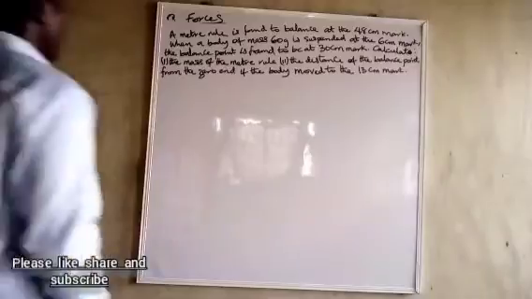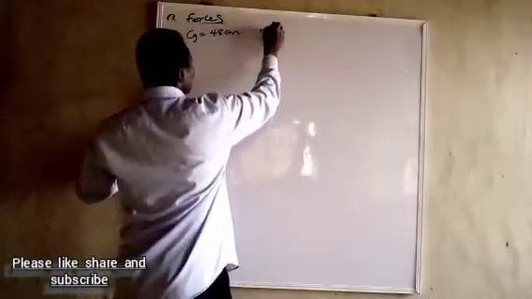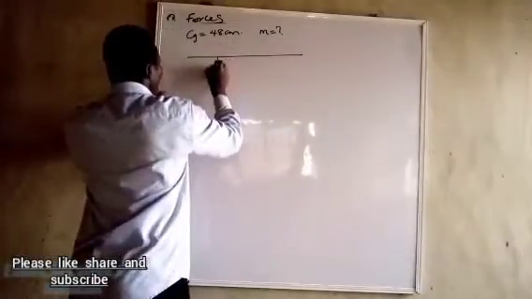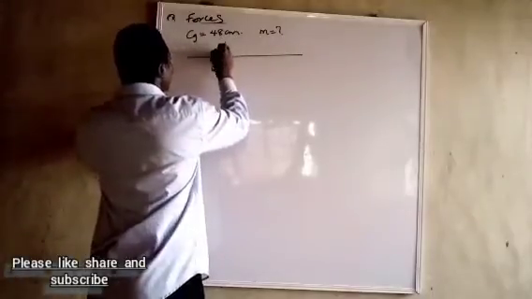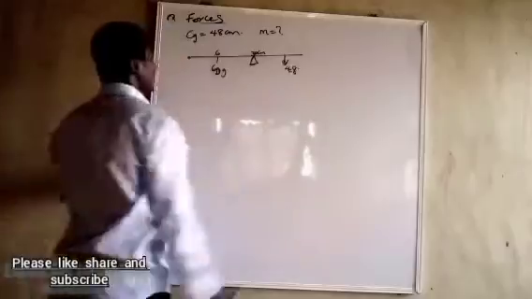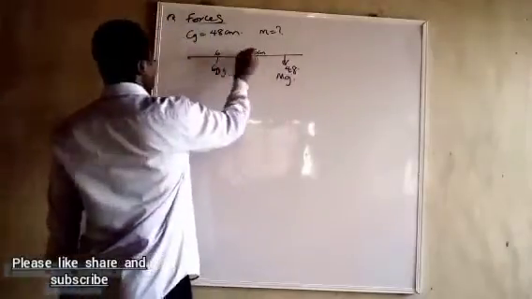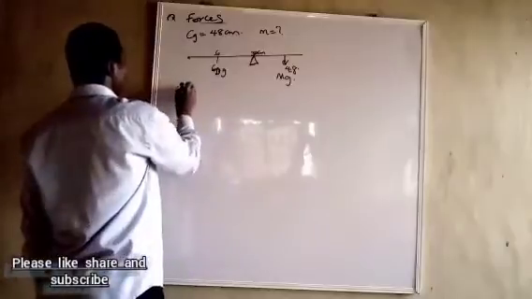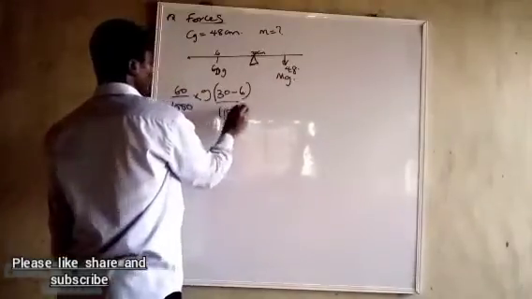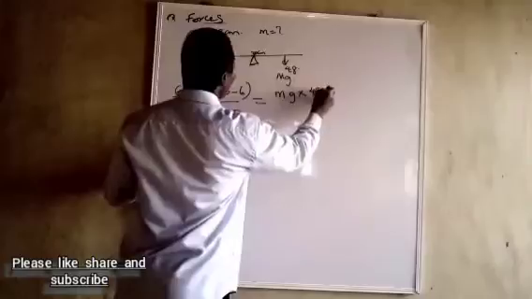So this is very simple. We are told that the center of gravity is at the 48 cm mark, and the mass we don't know. We are told that when 60 grams is at mark 6, it balances at the 30 cm mark. Now, from the principle of moments, to balance, clockwise moment will be equal to anti-clockwise moment. So this moment here is equal to 60 over 1000 times g times 30 minus 6 over 100, because I want to work everything in SI units, is equal to mg times 48 minus 30